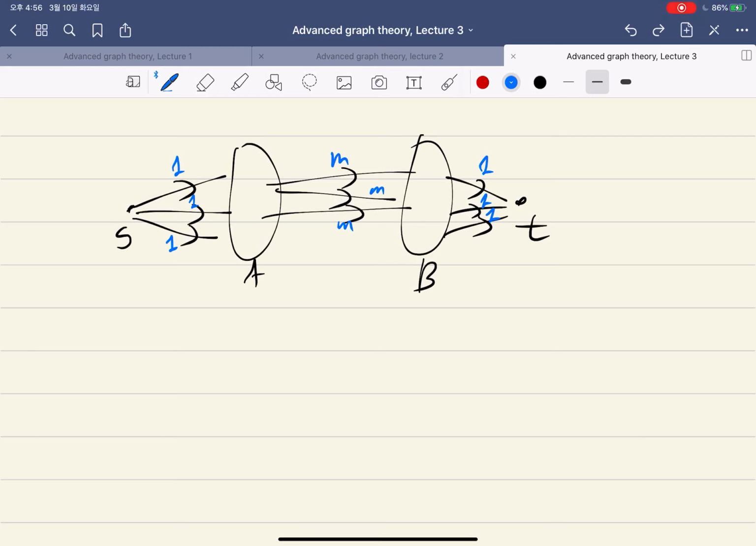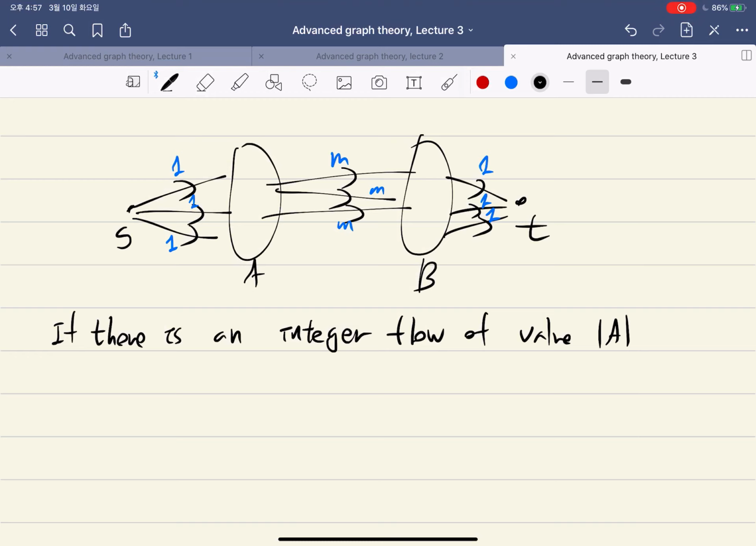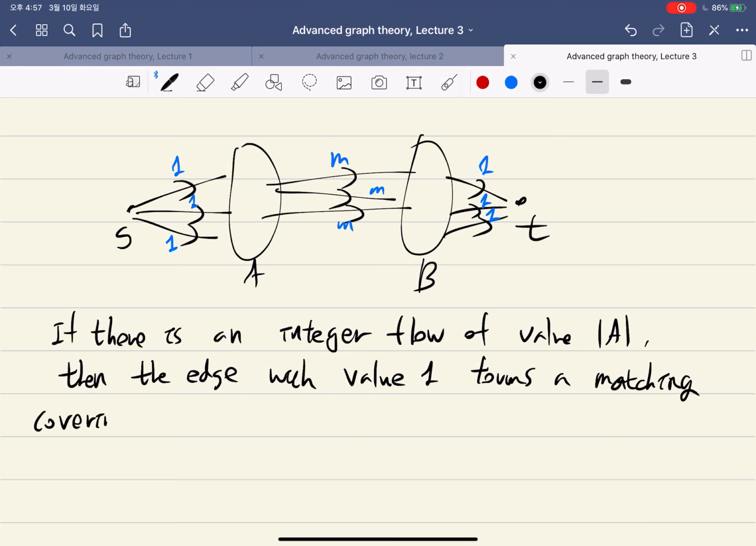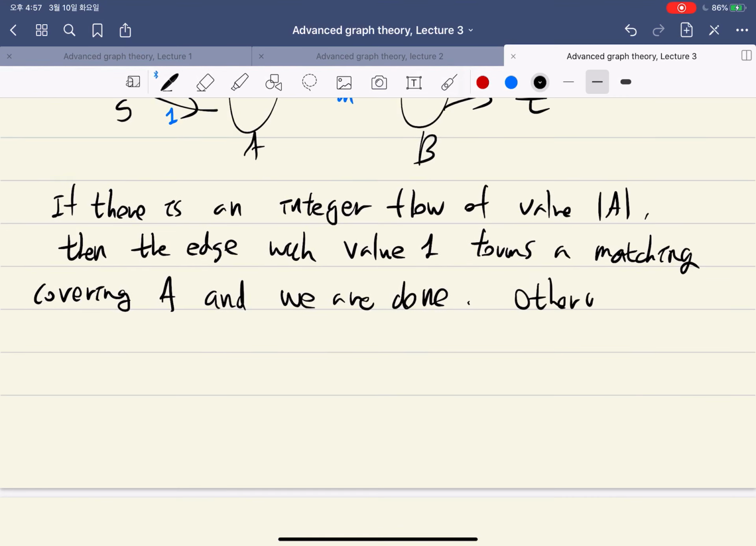So, again, it's clear that if there is an integer flow of, say, value same as size of A, then the edges with value 1 form a matching covering A. So this is pretty clear, and we are done. Otherwise, if such an integer flow doesn't exist, then what does it mean? By Max-Flow-Min-Cut theorem, there exists a